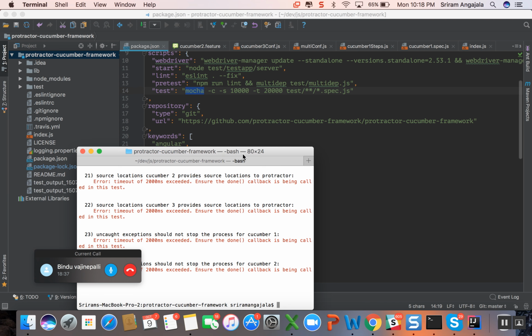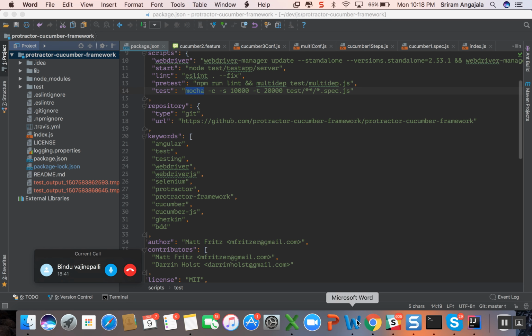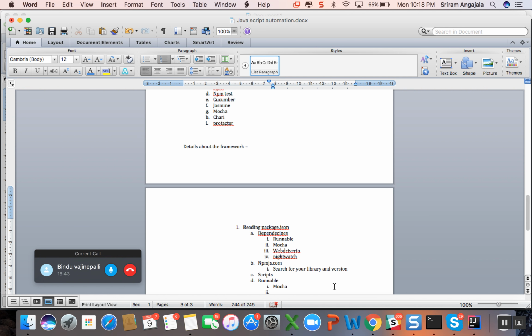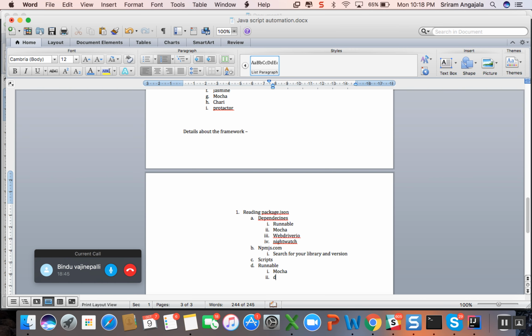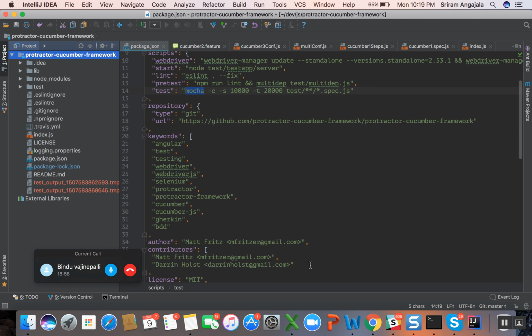So there are dependencies, and we cannot run Mocha straight away. For those kinds of things, you can make a script by yourself in the